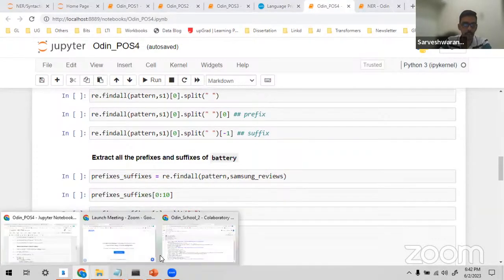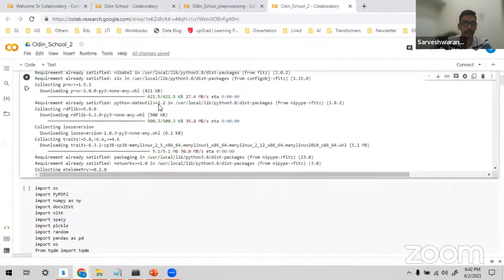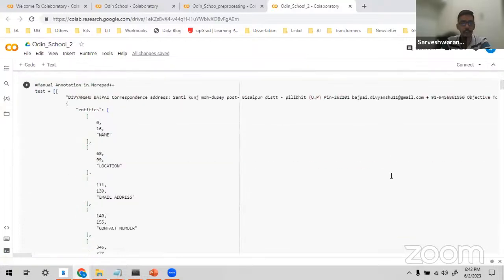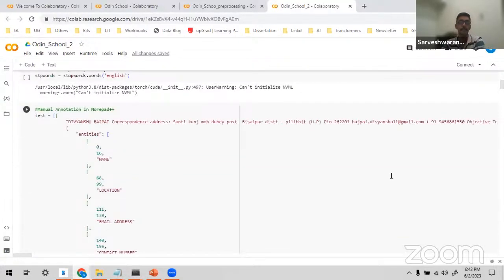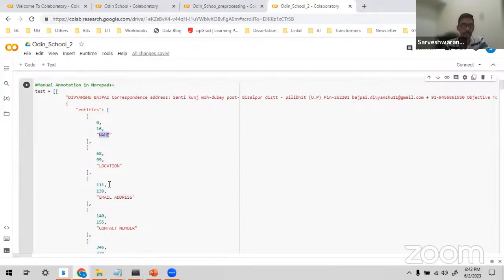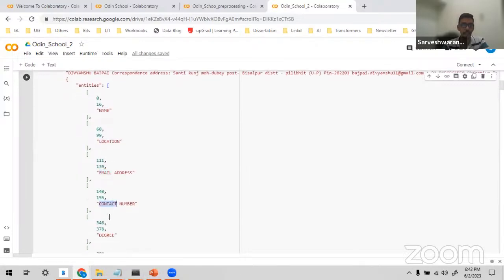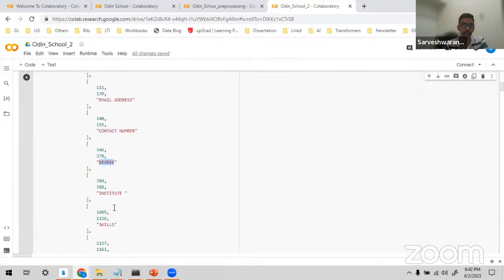So what is an entity, to make you understand? Say, for example, this is the example from your resume shortlisting. I have various different entities such as the name, location, email address, contact number, degree, the institute, skills.